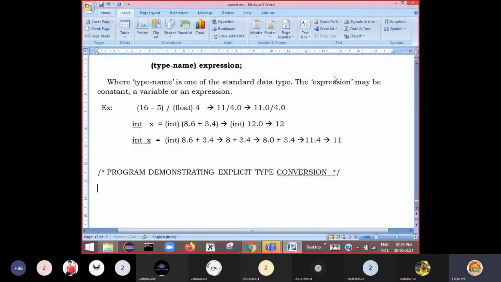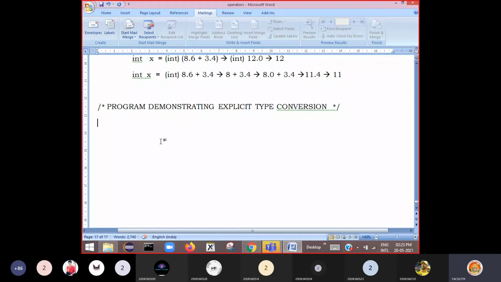So what is the next step to be written? Include the header file and write the main. Then begin the main.